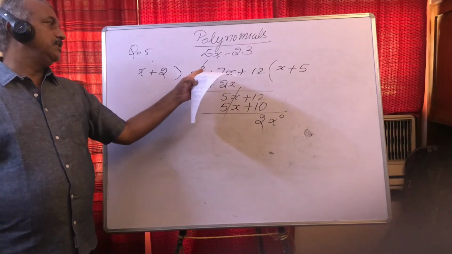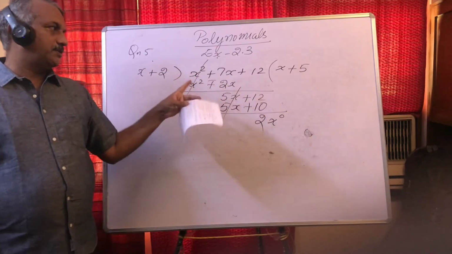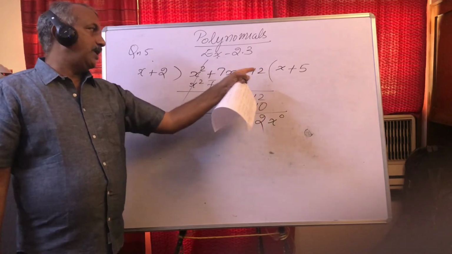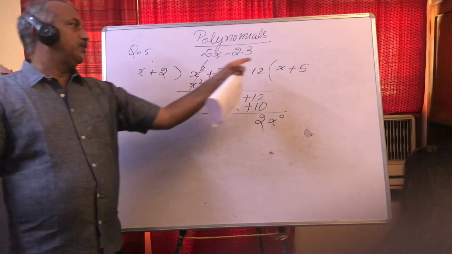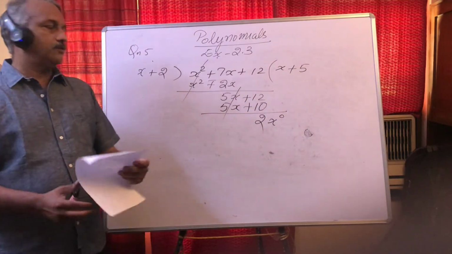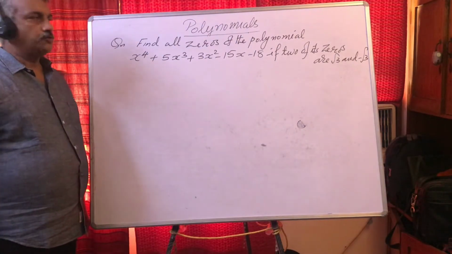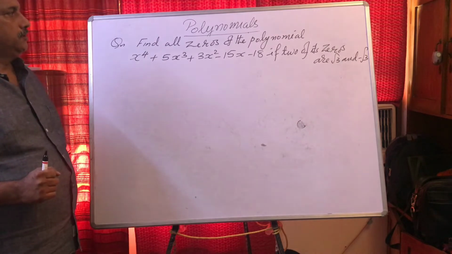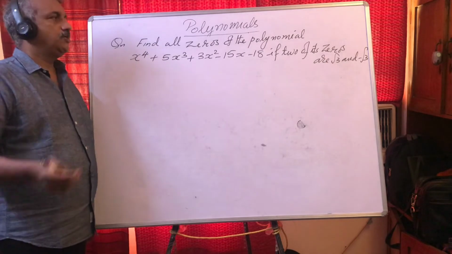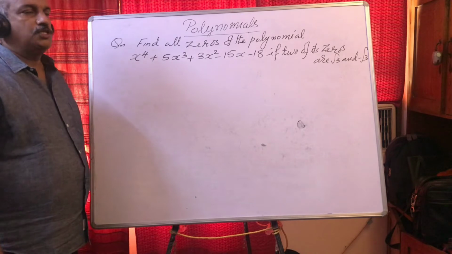So you can give this type of polynomials as an example. After this you have to write: therefore p of x is x square plus 7x plus 12, g of x is x plus 2, q of x is x plus 5, and r of x is 2. In this case, all the conditions are satisfied. Now question number 3 is left. I am going to explain one other question of the same type first, then we will go to question number 3. Then it will be easy for us to do question number 3.